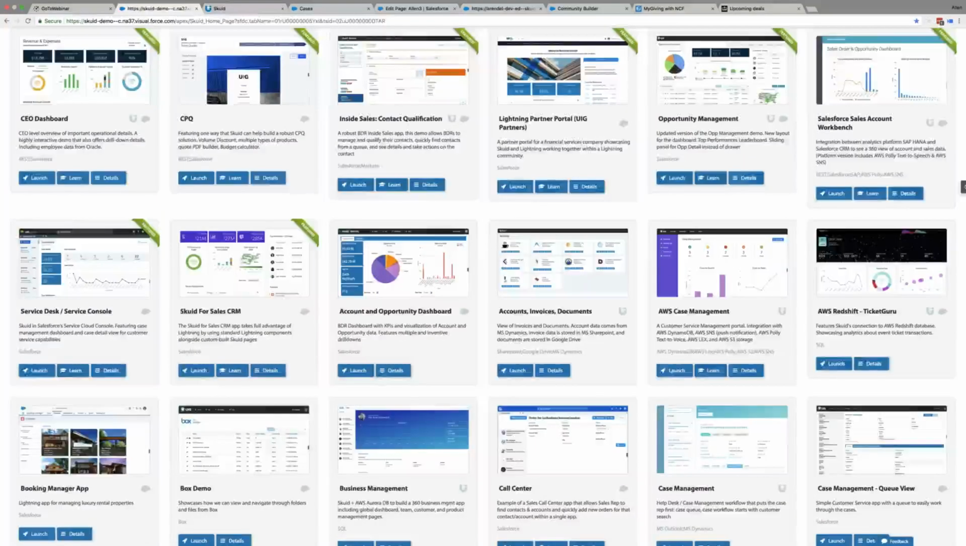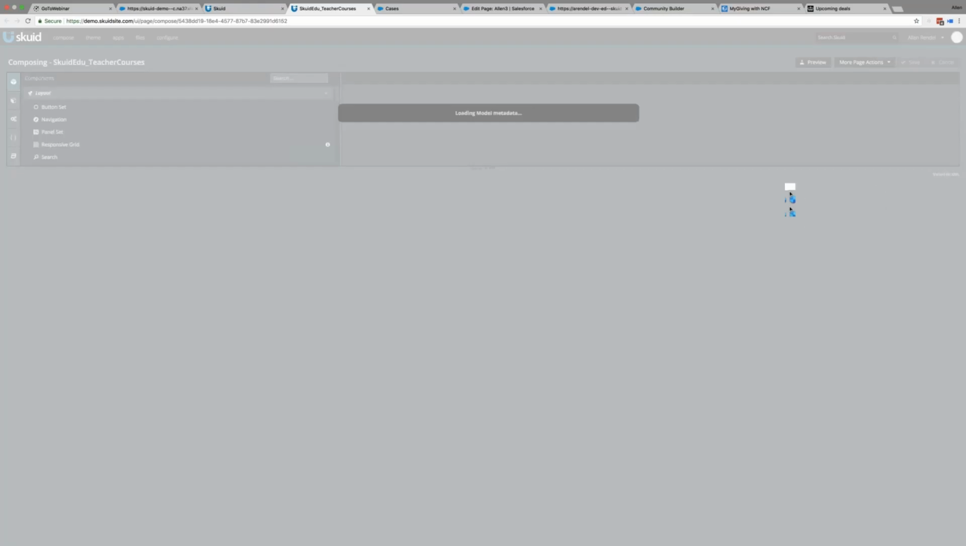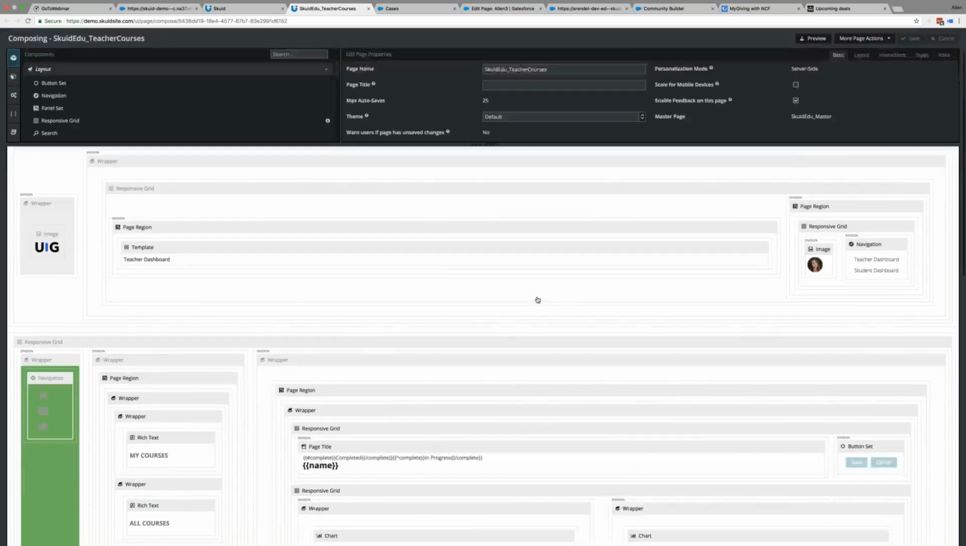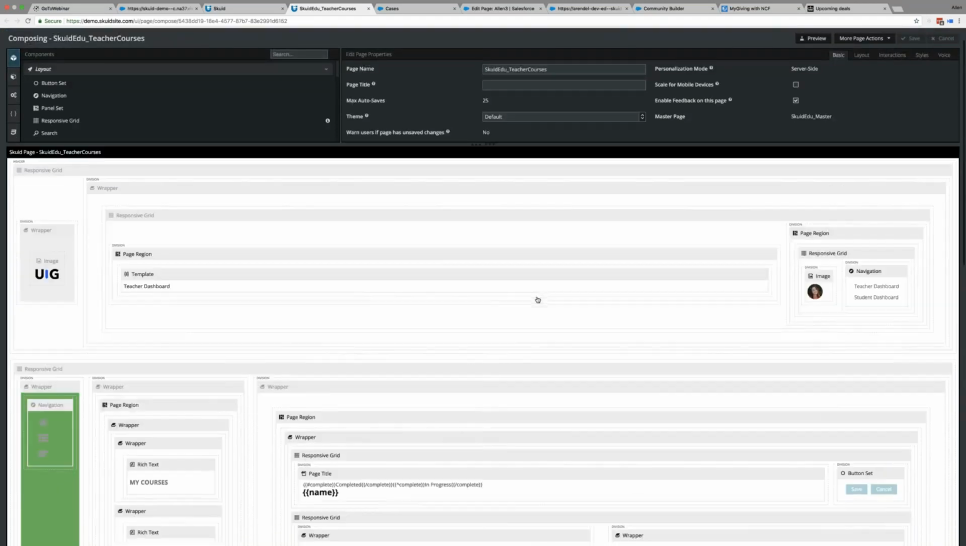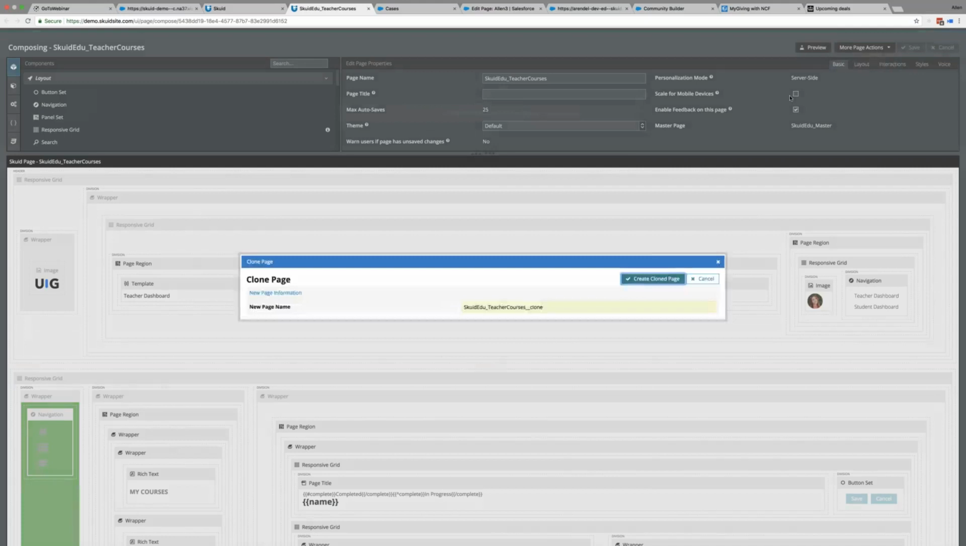But what you can do from any one of these pages is you'll see that there's this edit page capability here. And you can open that page up. You can see it in the Skuid app composer. And if you want to use some of what's in this page, but make more of a customized demo for one of your clients, you can go up in the upper right here where it says more page actions, and you can clone these pages. And you can put your name on the end of it so that we know who it belongs to. You can create a clone of it, and then you can go in and start editing this page,